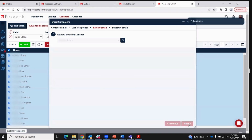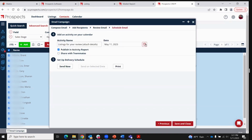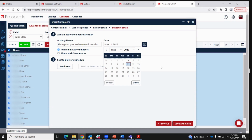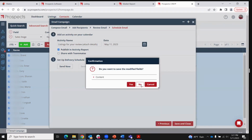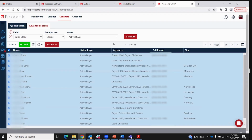And then you can decide to schedule that email, either to go out immediately or to go out at a time in the future of your choosing too. So that's just one of our email campaigns and a great way to, again, keep in touch with a lot of your clients. Let's go back to the dashboard really quickly, and I'll show you another one of our engagement